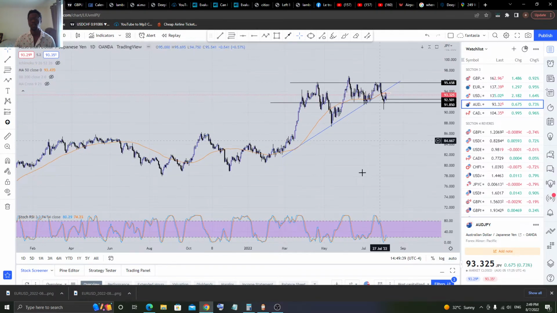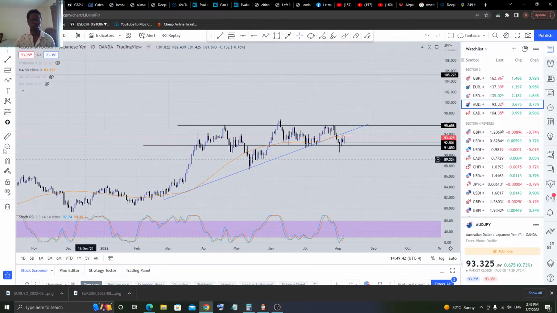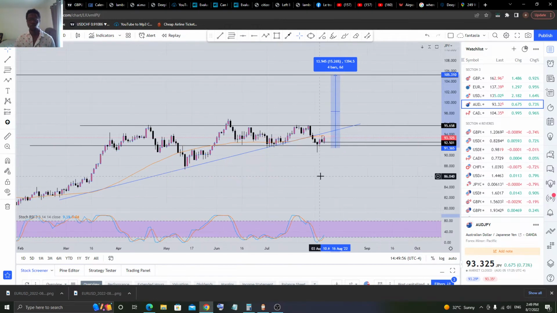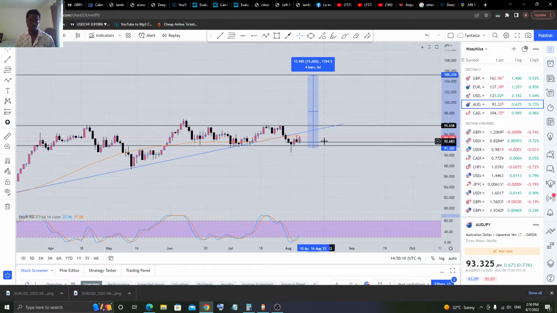Let's assume you take the trade right here, your potential pips is gonna be 1,300, guys. This is the potential pips that you can get from this market. It might go higher than this, but right now let's assume that this is our target. You can hold the trade, but if you're not a swing trader, feel free to exit whenever price reaches this level,